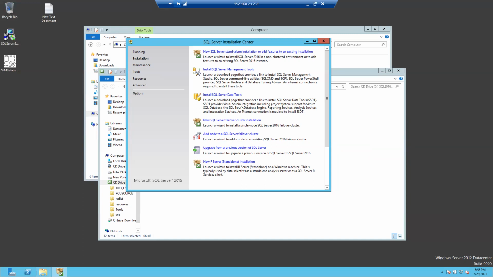Like if you wanted to create some SSRS report, or any Visual Studio kind of things, that kind of tools will be available in data tools. But here, install SQL Server management tools is which tool you need to have to connect to the database engine. Okay, got it. The client tools.